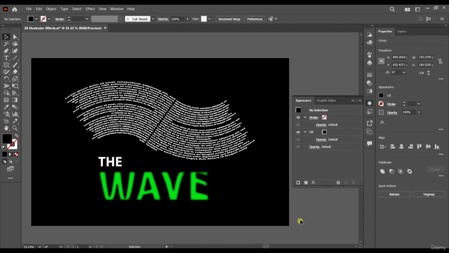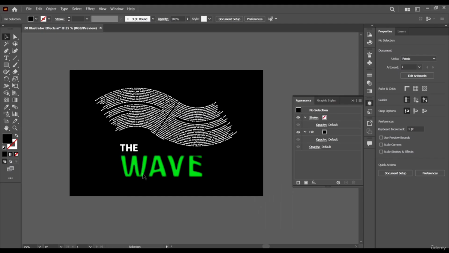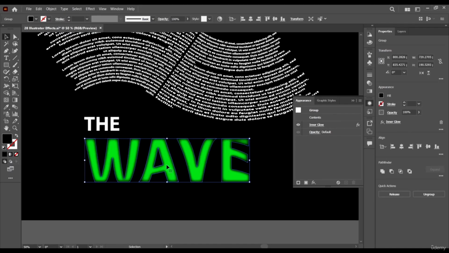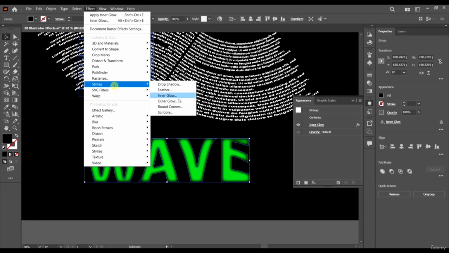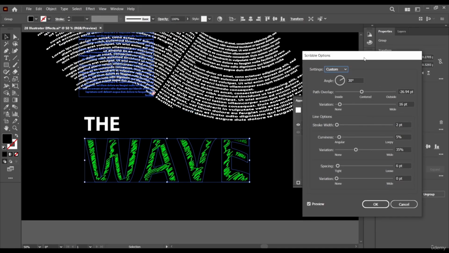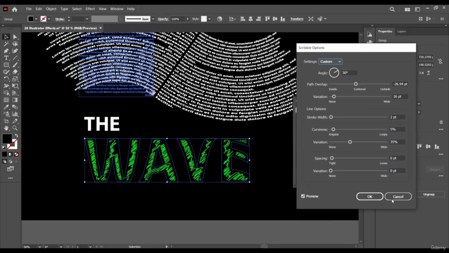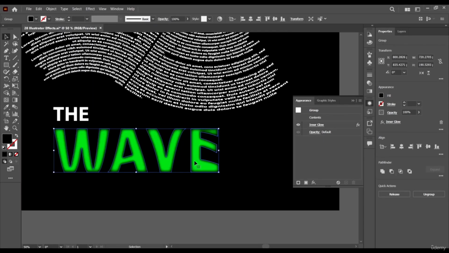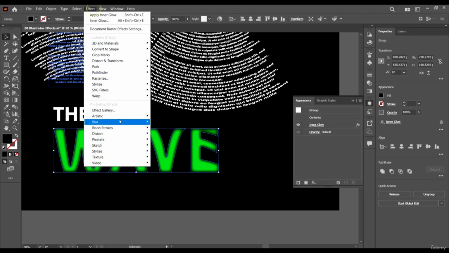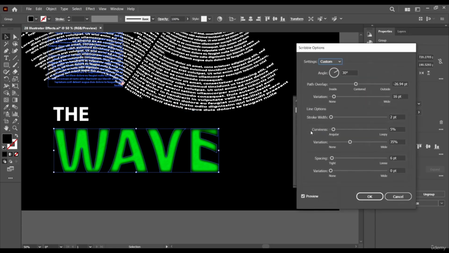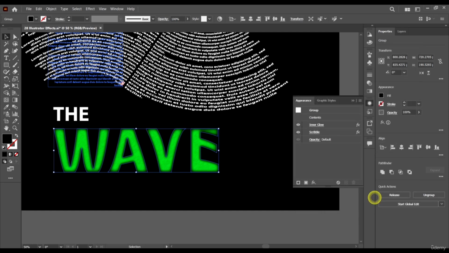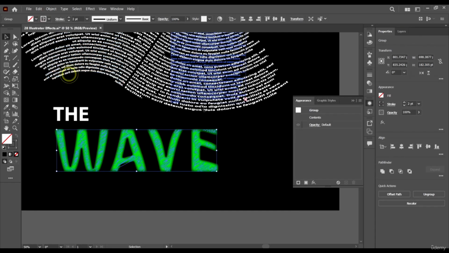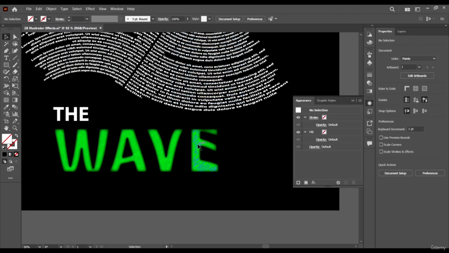The wave. And let me just try adding another effect. Let me add the scribble effect to see if it's going to work this time. Okay, it's totally destroying our glow effect. Let's just Control C, Control F, and give it the scribble and expand.